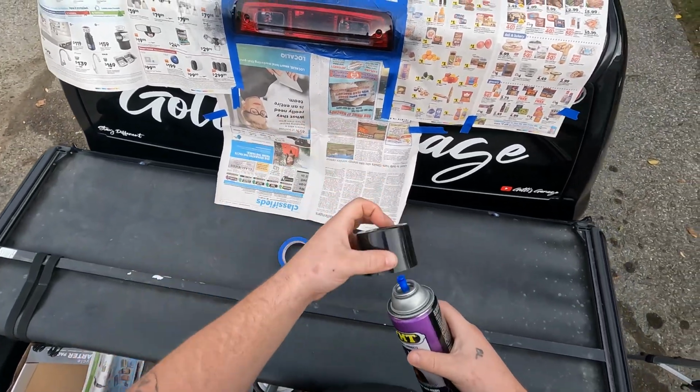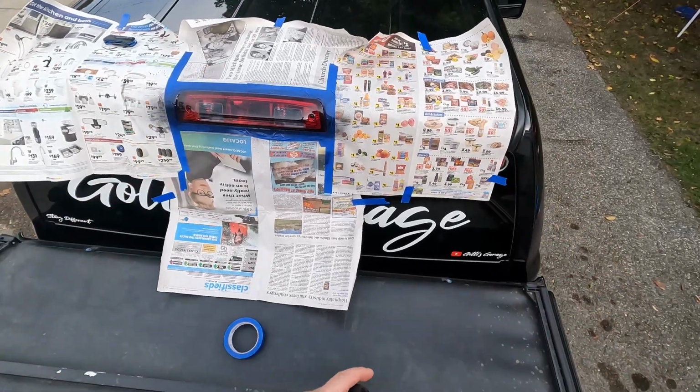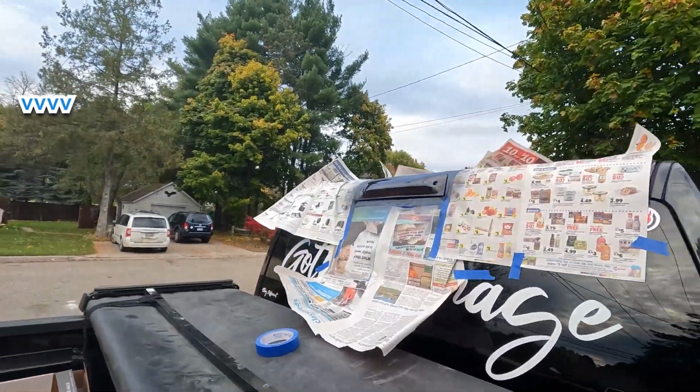So we're gonna go ahead and let that dry, see how that turns out, and then we're gonna start on the fog lights. So I'm gonna start taking those fog lights off. What's the expression that they say when you completely messed up? Do as I say, not as I do. Now this one came out great. That one came out really nice, but